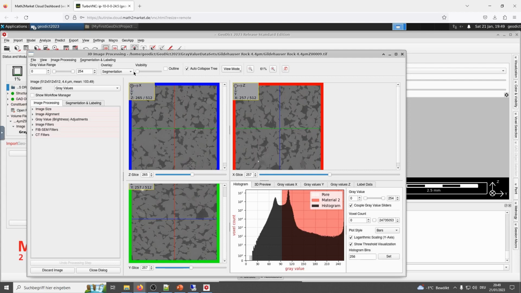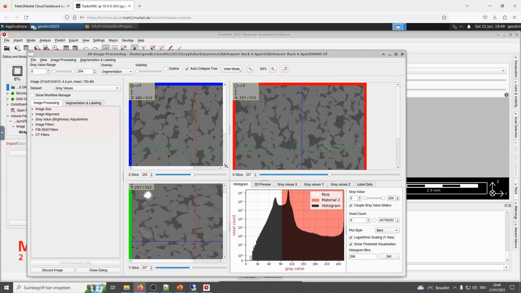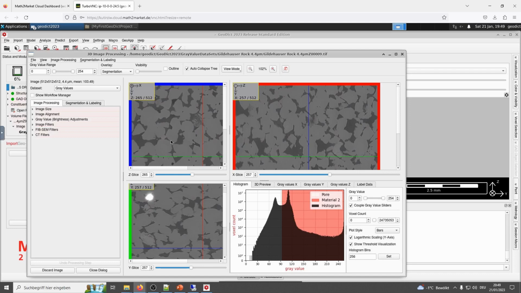I change visibility to the gray values, zoom in, and we see, for example, for these two regions, that the pore space and solid phase are different enough.